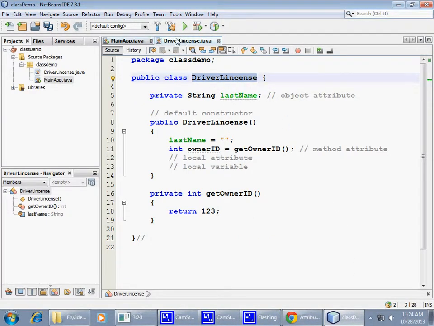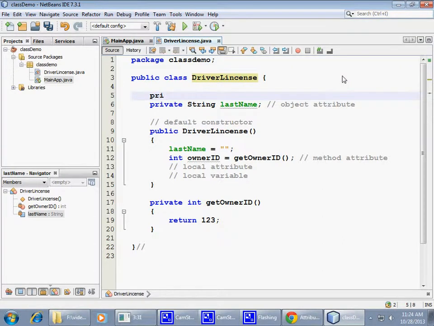Well, maybe if I go to my driver license class here, I could create a private static integer owner ID sequence, right? I could do something like that, owner ID sequence, and it's an integer which is static,